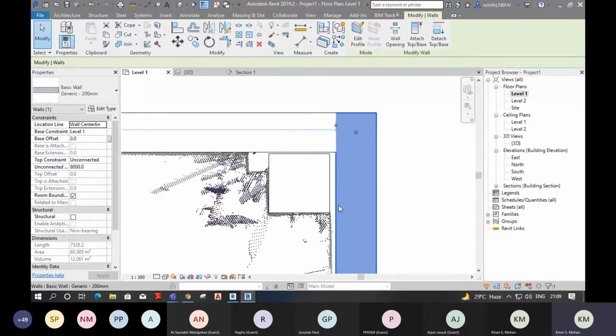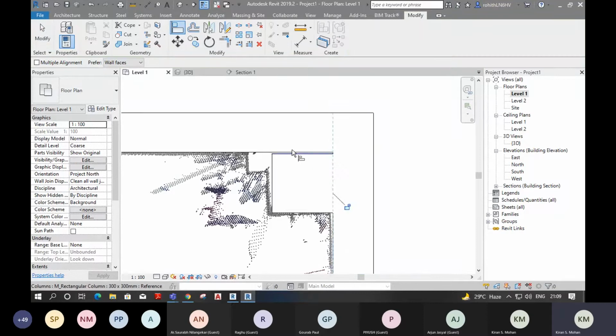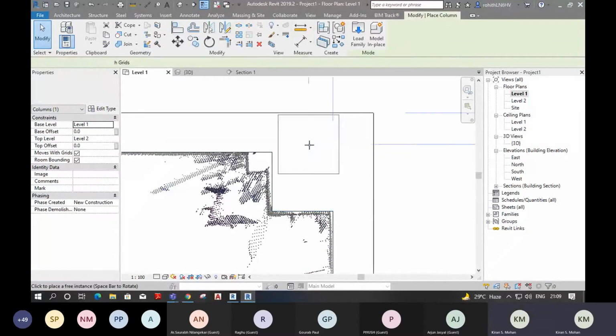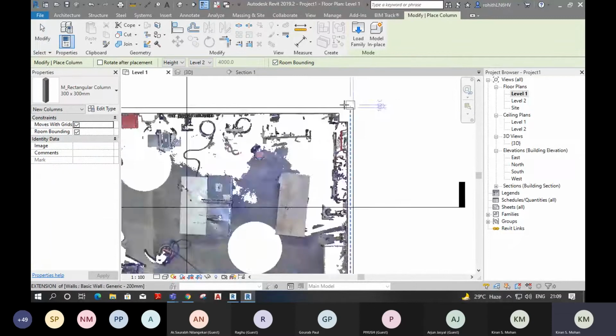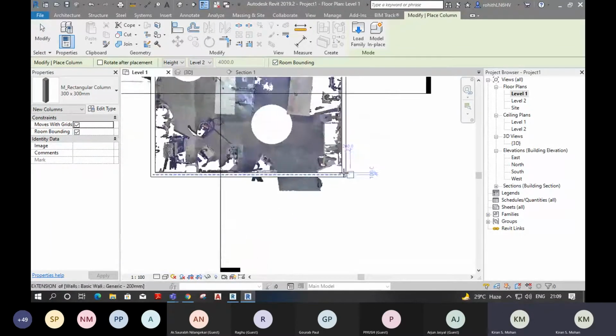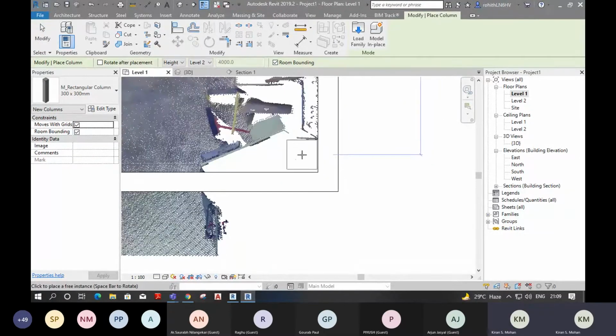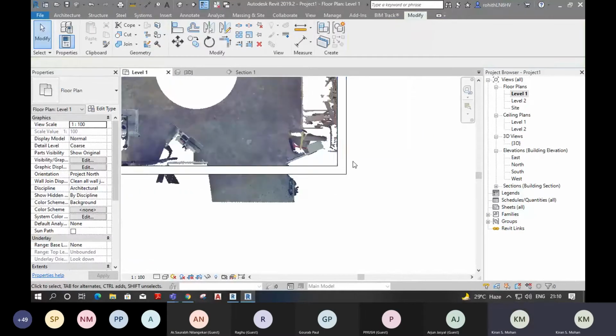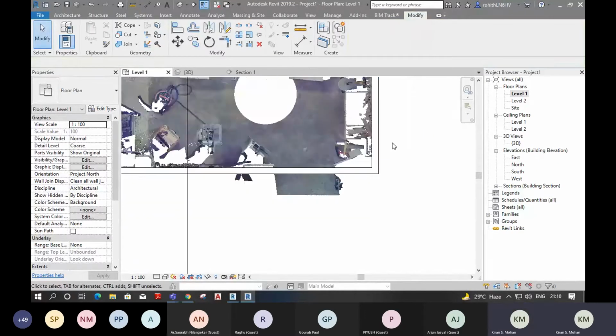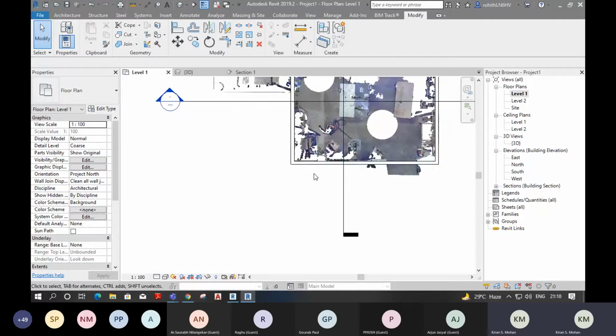Now we can place the same column in this location also. Wait, in this location, I think the dimension is a little bit different. Okay, we will come to that later. Now we have to measure this side. Here I'm using the same dimension lines for measurement.